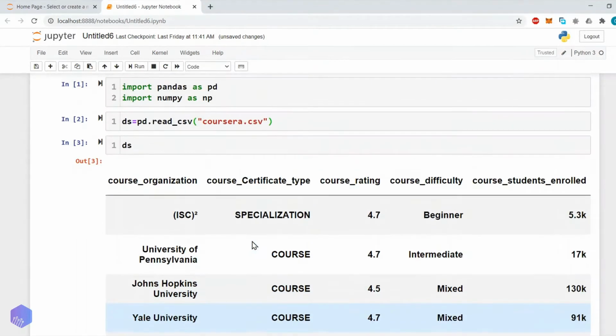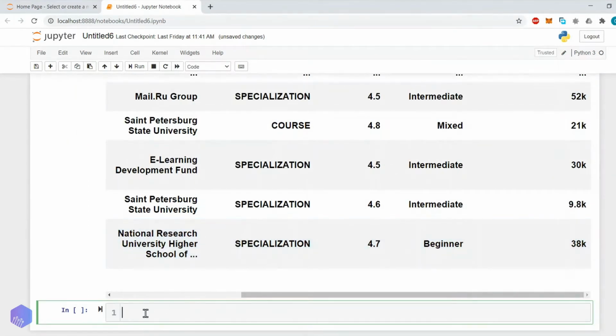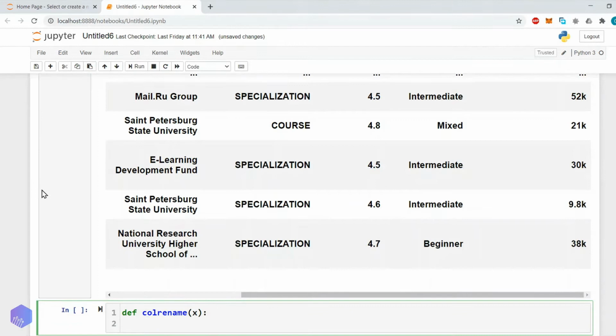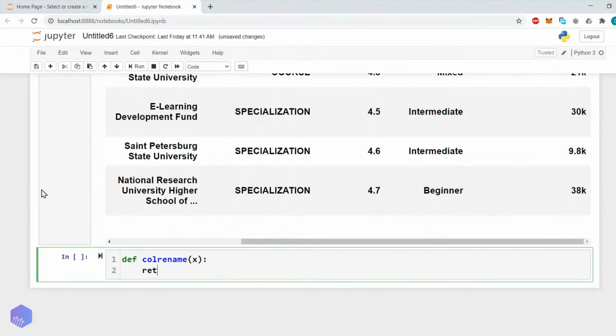Previously we have seen that we created a dictionary, and using the dictionary we renamed the columns. Today, in this tutorial, we will try to use a function. Okay, so let me define one function. Let's say def rename, and the argument will be x. What we will do is return str of x